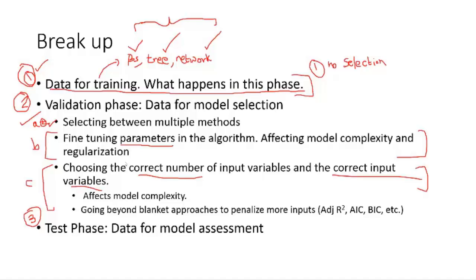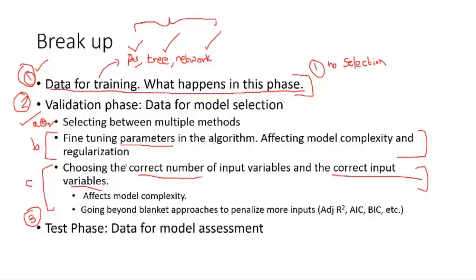So in choosing those inputs, you can choose a model with inputs A, B, C, D. Another one where you use inputs D, E, F, G, and you can really compare the performance of these two different models on the validation data set. Now, there are some techniques that we have discussed which help you choose what the input should be, and we've spoken about using metrics that are more complex than R square, like for instance adjusted R square,